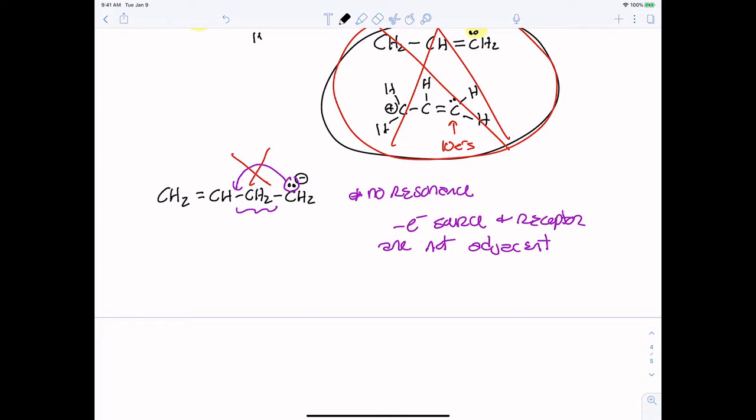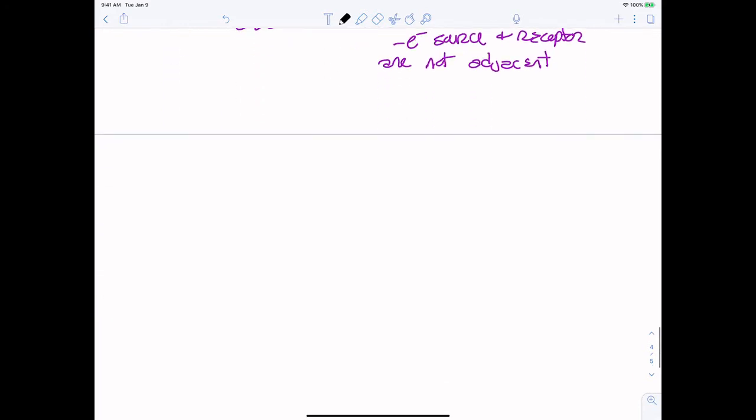So far, all the ones that I've done have been equivalent. They're equal, so they would contribute equally to the hybrid. But we're going to do some that aren't equal anymore, and then we're going to learn to choose which are the better ones. So not all resonance structures